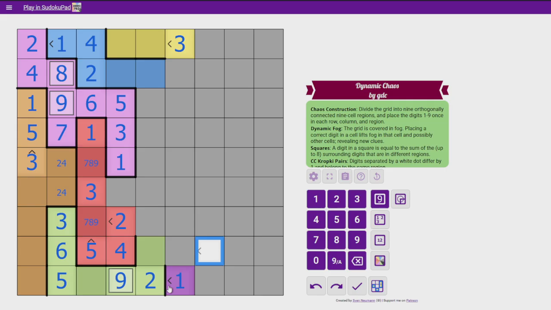Let's look at this digit. So this is a 1, 2, 3, 4, 5, 6. It's not 4, 5, or 6, so it is 1, 2, or 3. If it's a 2, that would mean these are in the same region. That doesn't necessarily have to be purple, but they're in the same region. We'll call it brown. And then that would be a 3. I guess that's possible. If this was a 1, then this would be in a region. This would be in a separate region, which is probably purple, but for now let's just call it